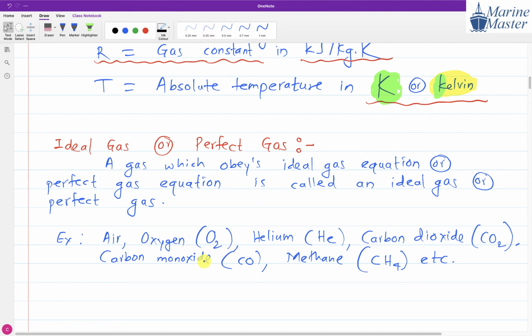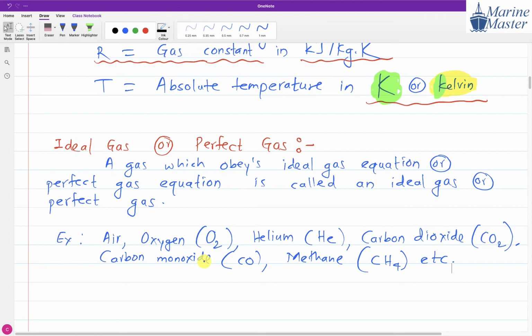So generally, how can we consider a gas ideal? At room temperature and room pressure, meaning atmospheric pressure, if that thing exists in a gas form, we consider it. See this one: vapor, meaning steam. Water vapor, we can't consider it as an ideal gas